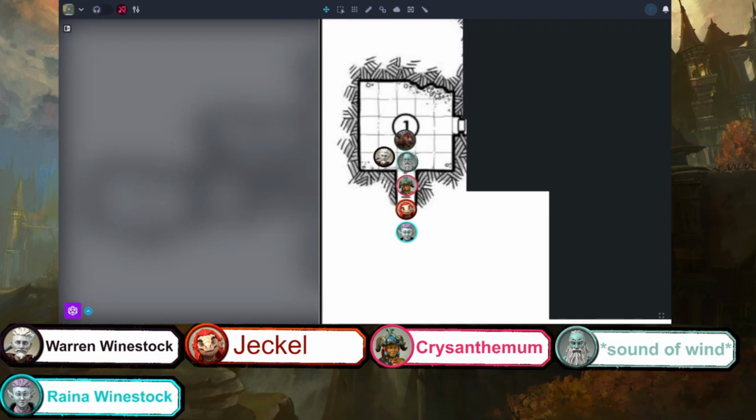So you smack this thing pretty good across the head, and it is not happy with the effects of getting smacked pretty hard with a quarterstaff in the head. It makes another screeching noise and reels back a bit. So you have a movement left. You can kind of move around him if you'd like. I say this as a DM to a new player. Hint, hint, wink, wink. Probably let your party through.